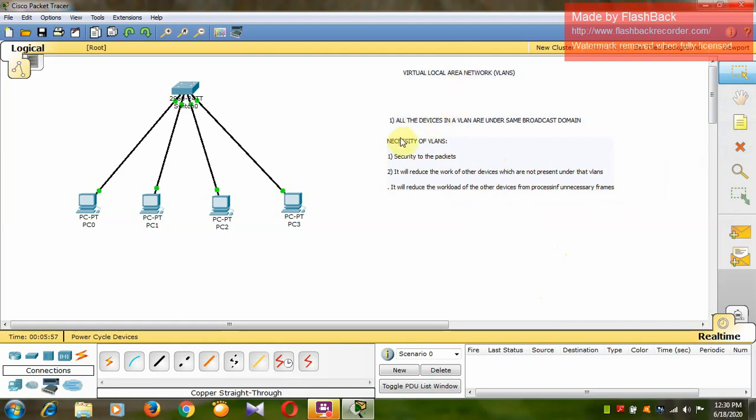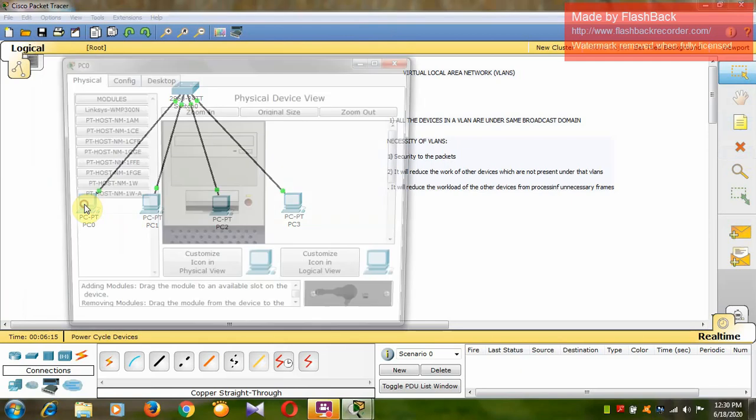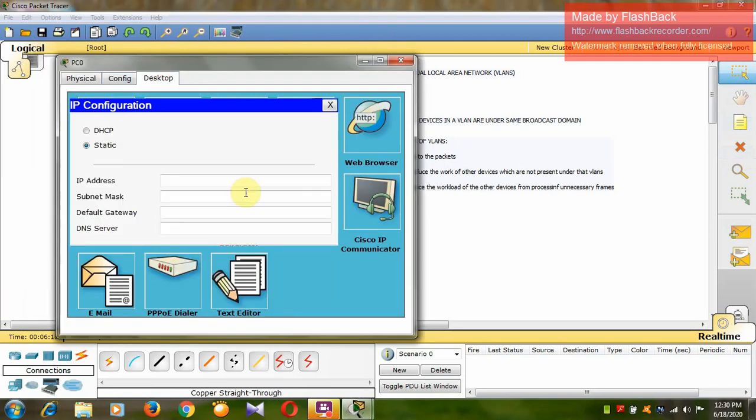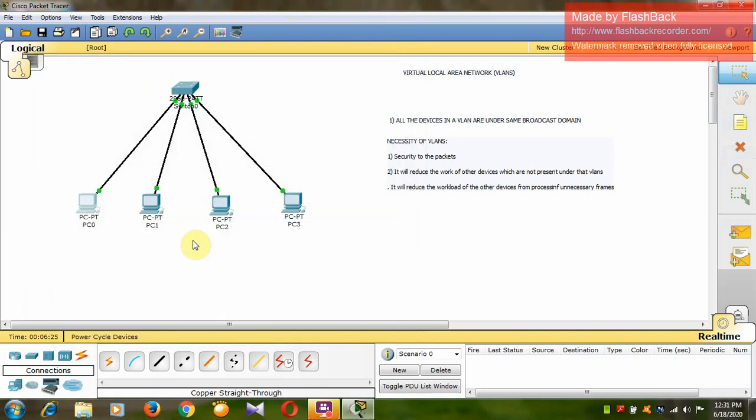Now let us see how we will configure these VLANs in a switch. Let us assume some network. I will take this PC. One more thing you can see here: first of all, I have given this PC the IP address 192.168.10.1.